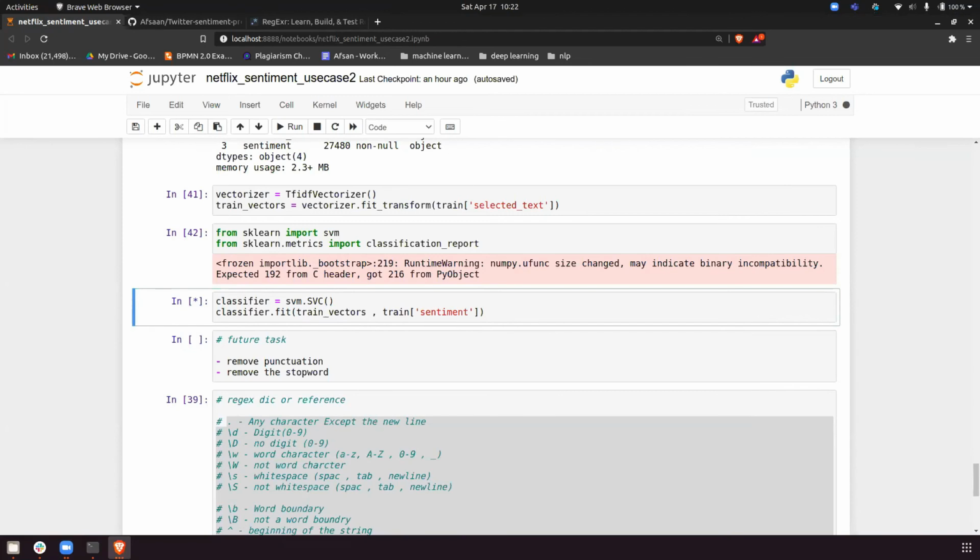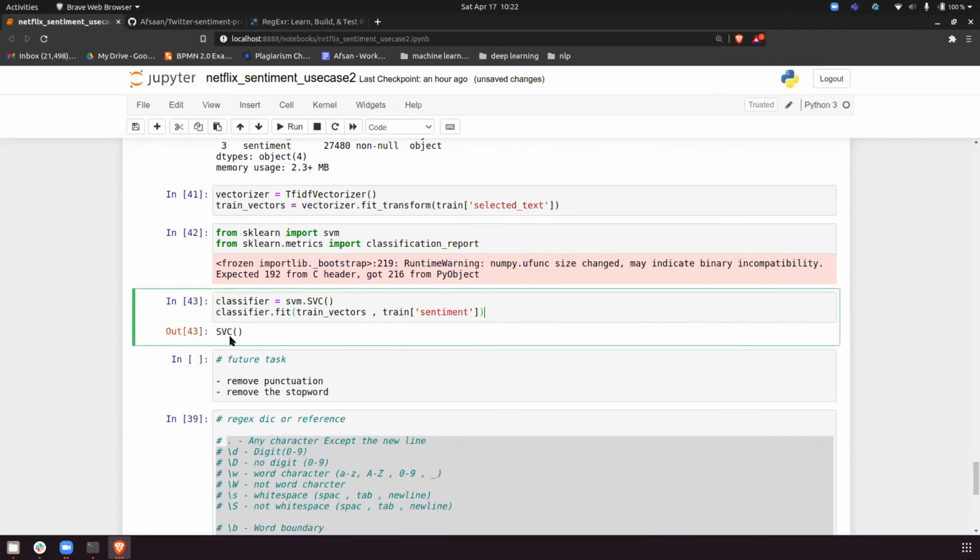For the sentiment column we need to do label encoding. Basically, to put less load on the RAM, we have to actually do label encoding here. So what we'll do is I will just break everything. For me it's done. Either you can do it with this, or you can do the label encoding so that the SVM performs much faster.